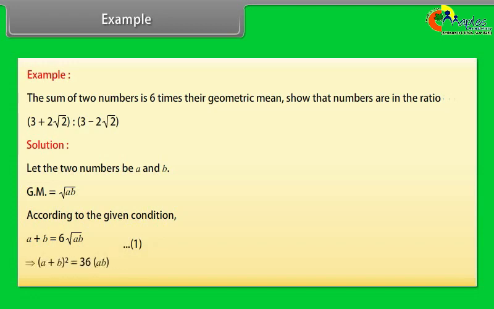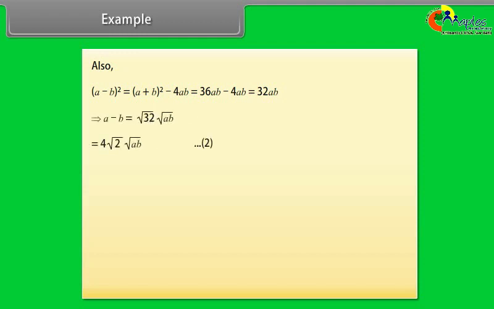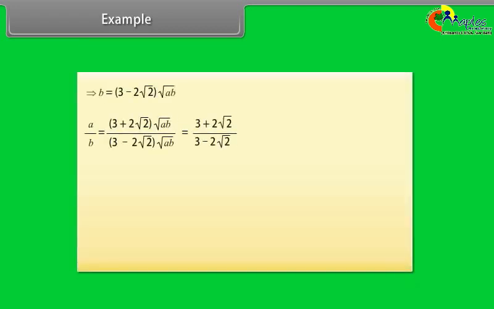It implies the square of A plus B is equal to 36 into AB. Also, the square of A minus B can be written as, and A minus B is equal to 4 into square root of 2 into square root of AB. Let it be equation 2. Adding 1 and 2, we obtain, substituting the value of A in equation 1, we obtain A by B is equal to 3 plus 2 root 2 divided by 3 minus 2 root 2. Thus, the required ratio is